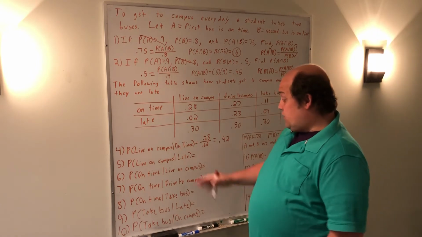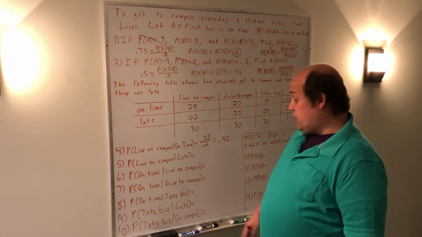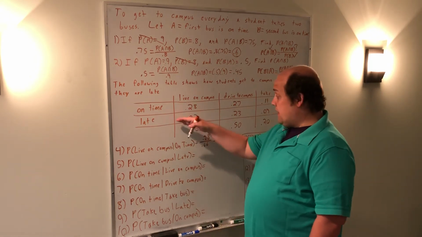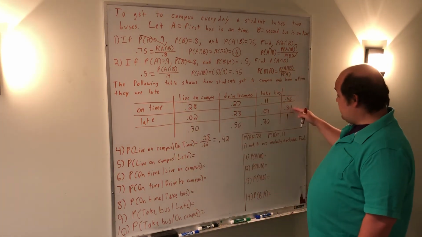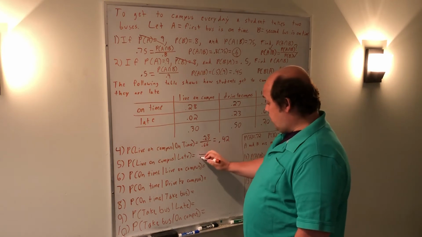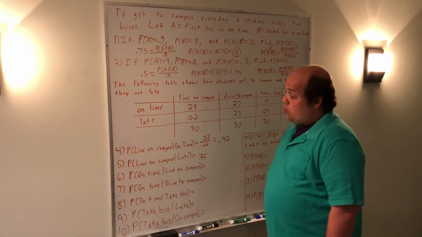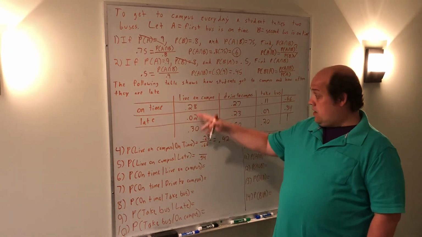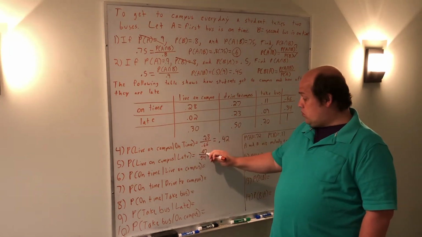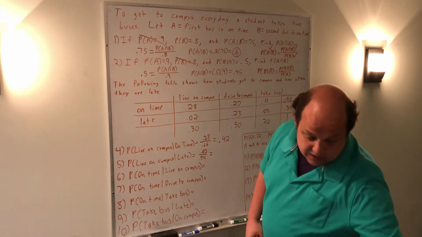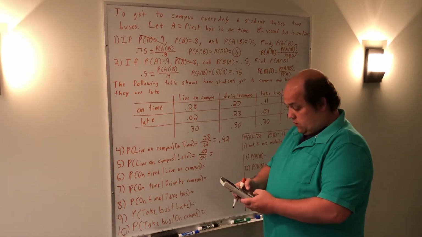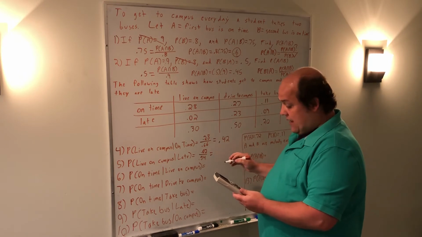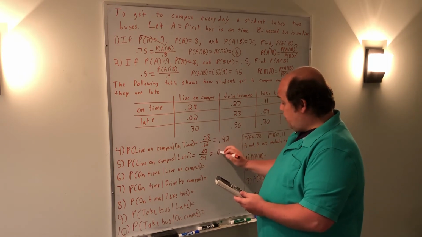Next question says, what's the probability this student lives on campus given that they were late to class? So the thing we know is that they were late to class. Here's the late to class row. It's out of 0.34. When we then look within that row for the specific cell where the person lived on campus and were late, that's this 0.02. When I put in my calculator 0.02 divided by 0.34, it tells me 0.0588, which I'm going to call 0.06